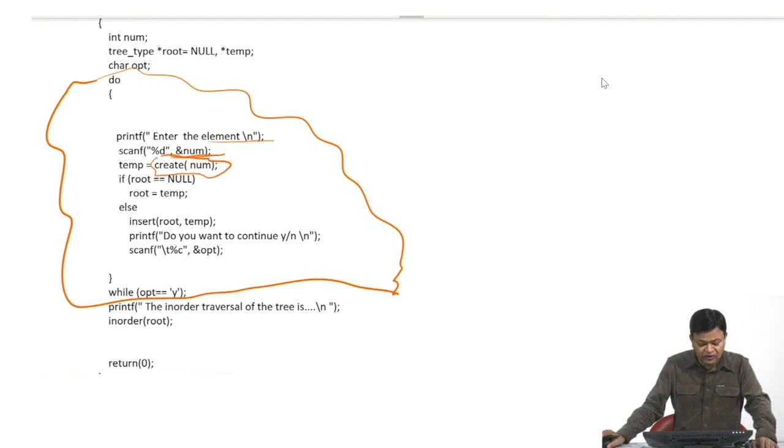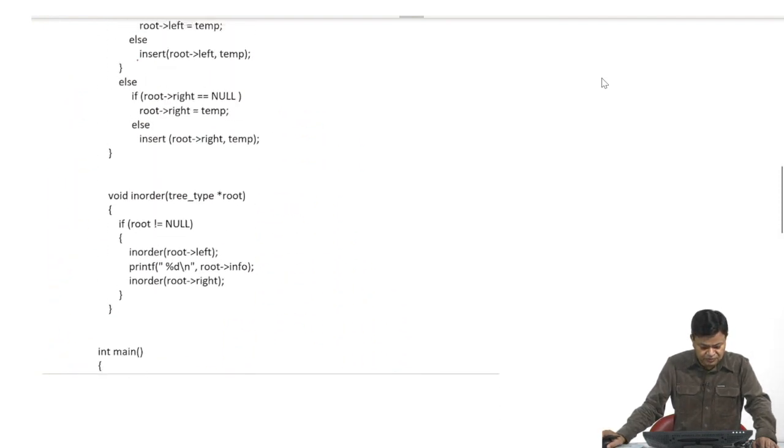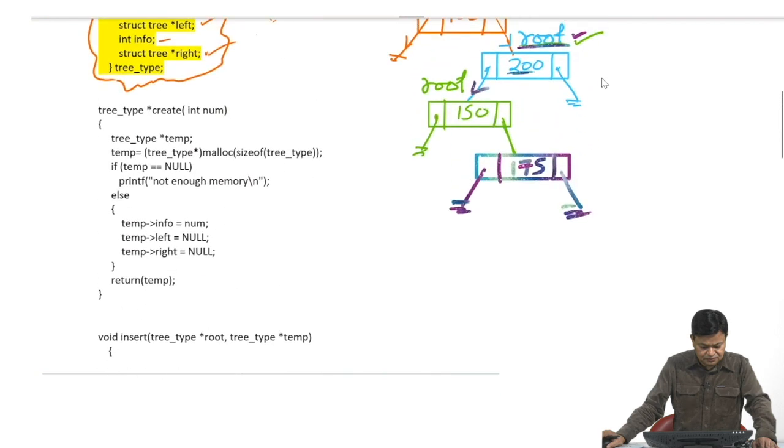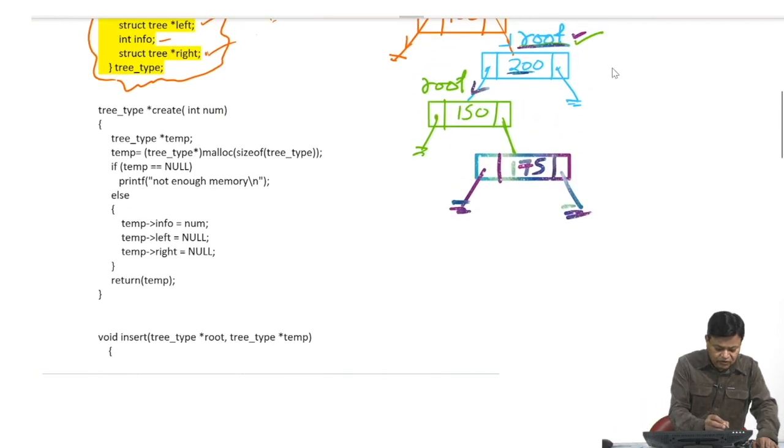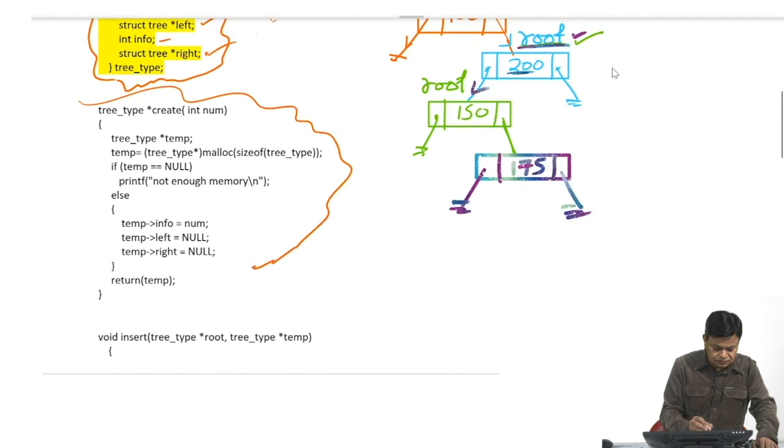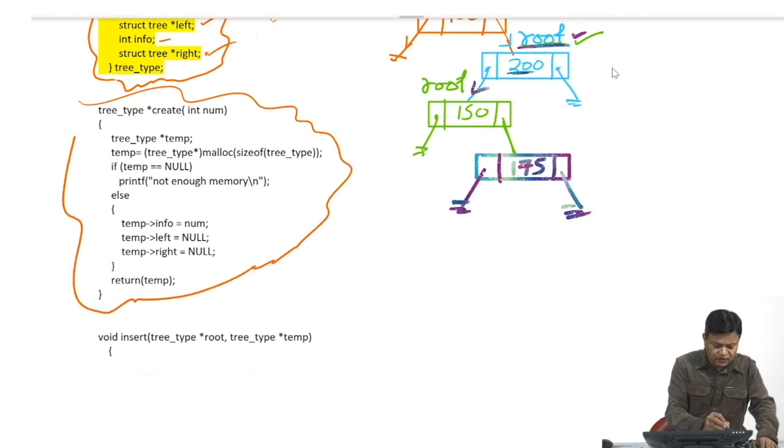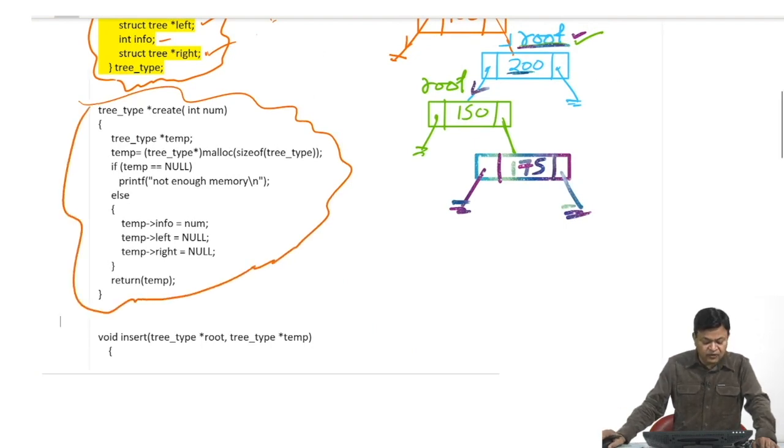Now, let us see what the create function does. We are passing the number which we have to store to the create function.